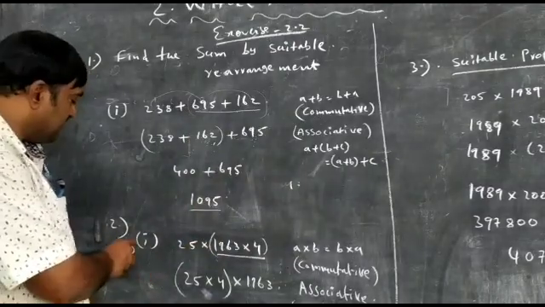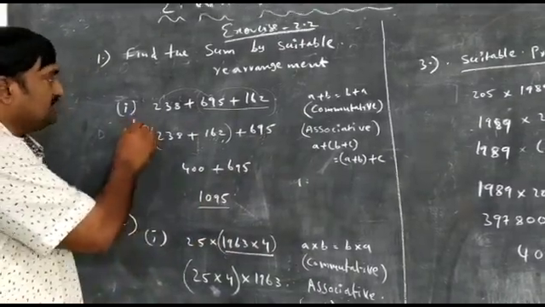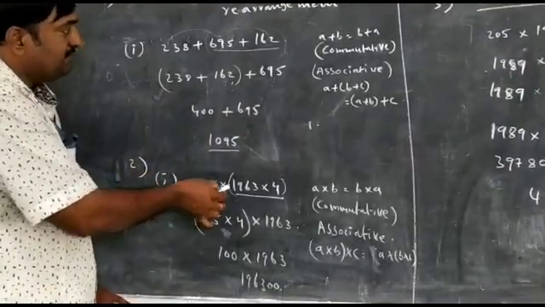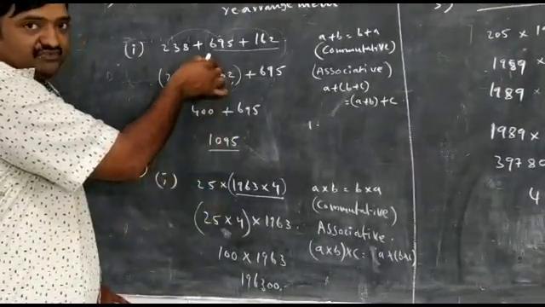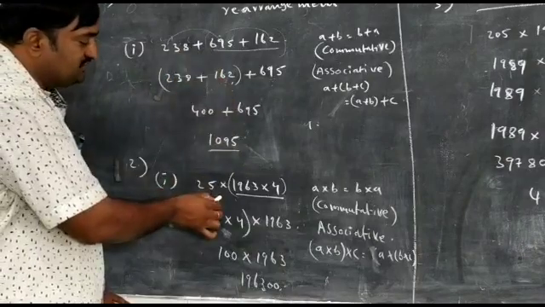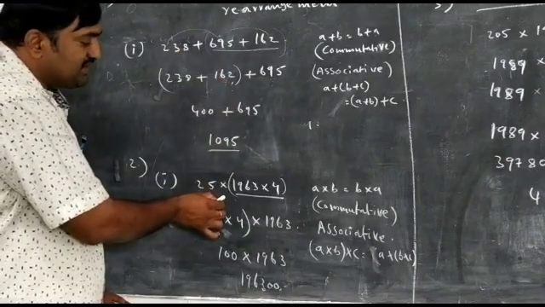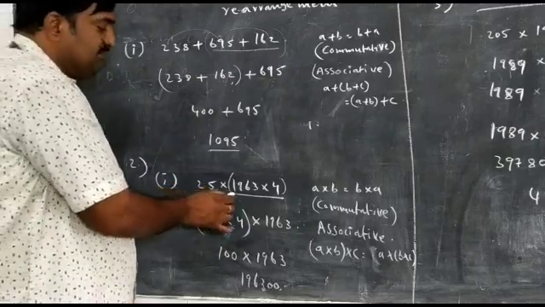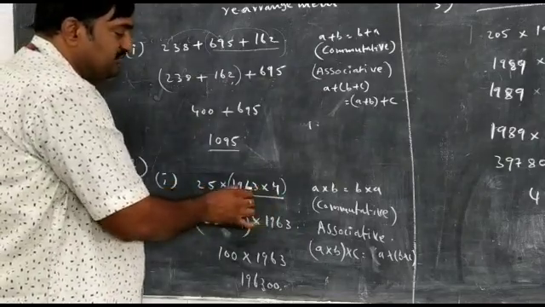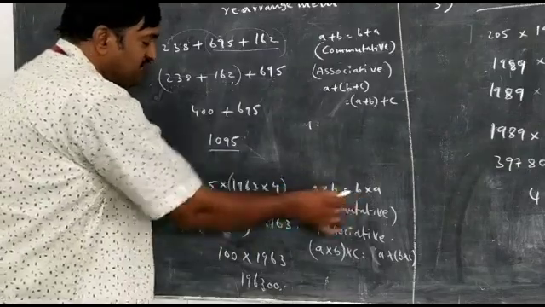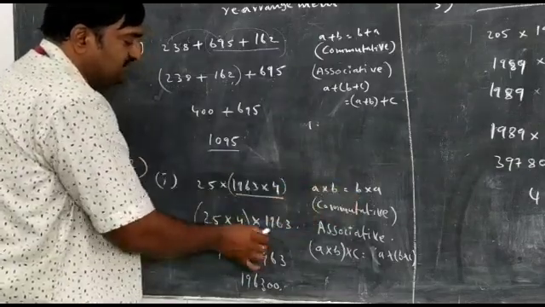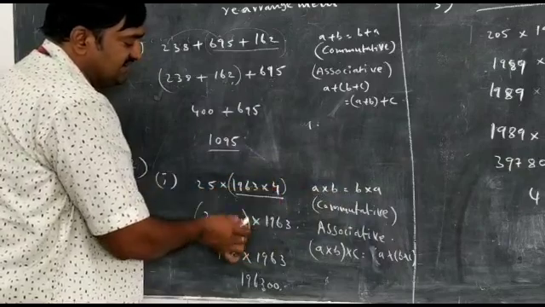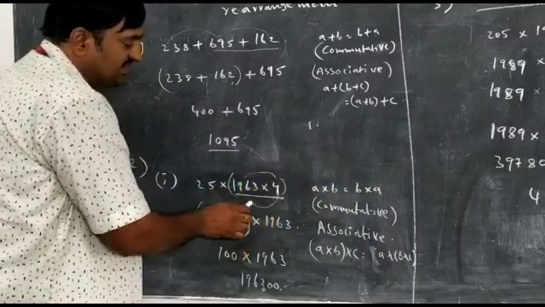Now in this Roman number 2, you do it. Again, second question, first one. This is also the same, but with respect to addition we did in the previous sum, and here we are observing with respect to multiplication. Multiplication, same model. Here this A into B, these two numbers I arrange into B into A. This number we are keeping here, this number we are sending that side. These two are rearranged.